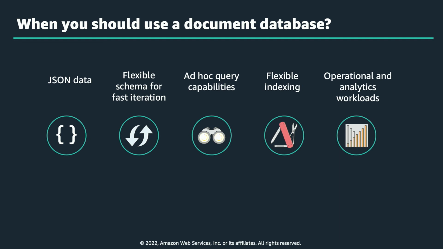So those are a couple of reasons why document databases are used, but just a few other considerations specifically around your use case if you're trying to determine if you should use it or not. So certainly if you're working with JSON data, a document database makes a great choice. If you need flexible schemas, right, again, JSON data enables you to change those schemas easily. So a document database would work well for that. If you need those ad hoc query capabilities,